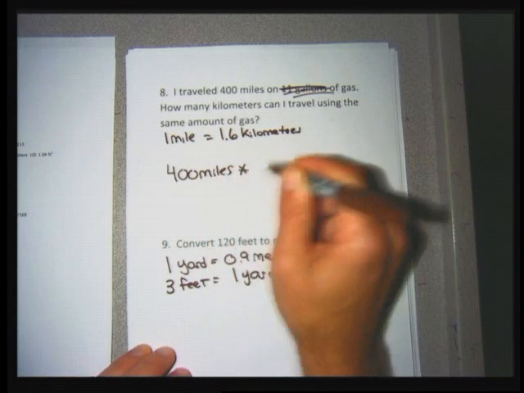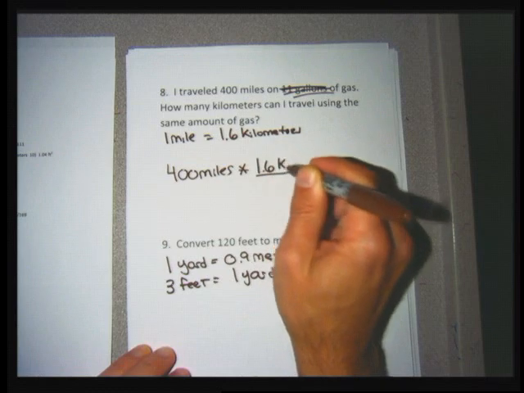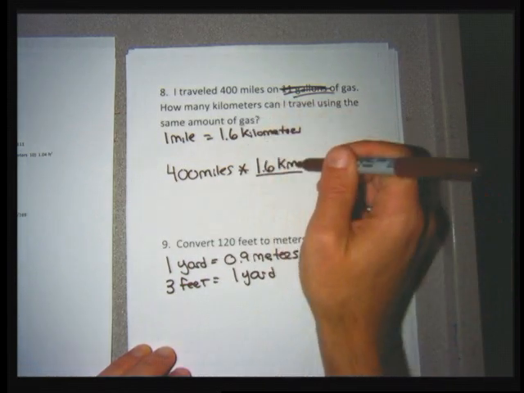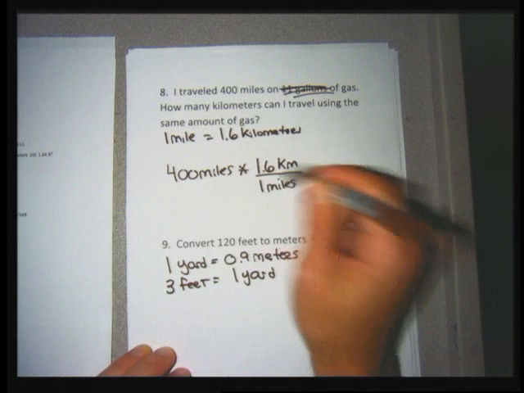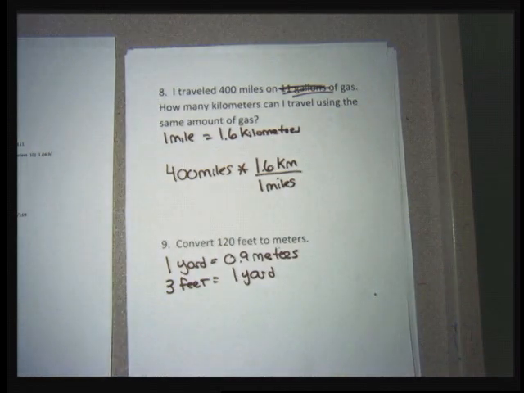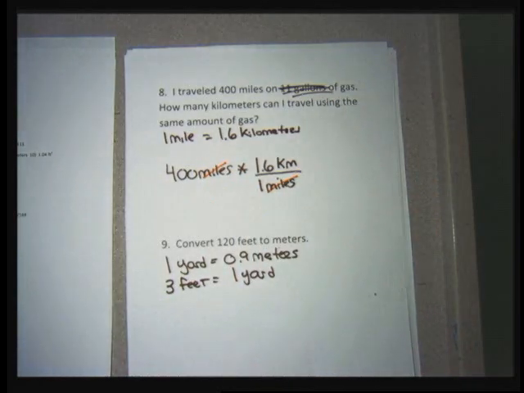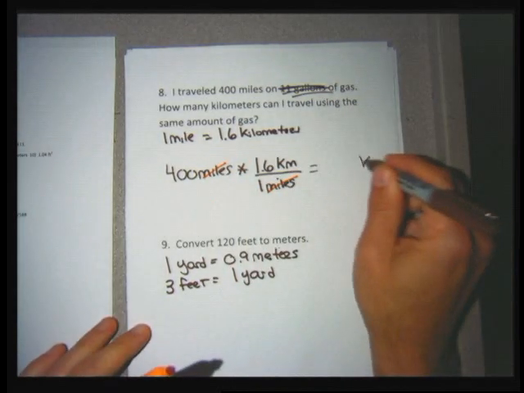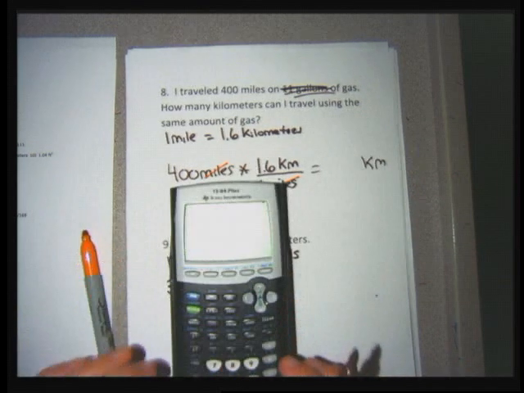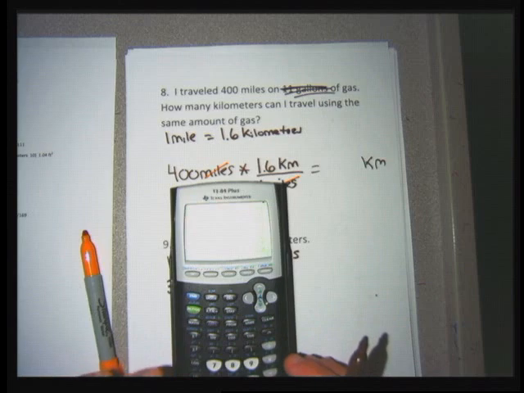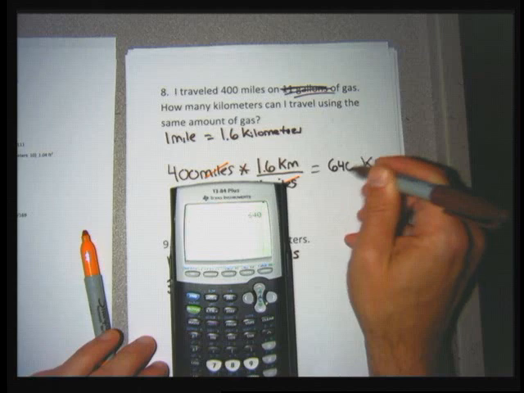I'm going to multiply by a fraction, and in the numerator it's going to be what I want. I want to find out how many kilometers I'm going, which I could write the word kilometers or abbreviate km, and in the denominator I want to put the unit of what I want to get rid of, which is miles. Could have written mile, probably would have been better. So I'm going to cancel the miles, my units become kilometers, and the numbers need to be multiplied because the 1.6 isn't in the denominator. So for this problem, I'm just going to go 400 times 1.6, and I'll get 640 kilometers for my answer